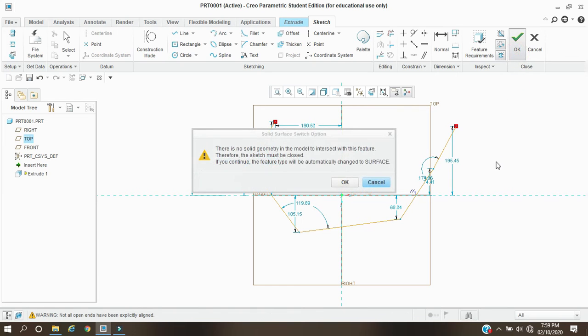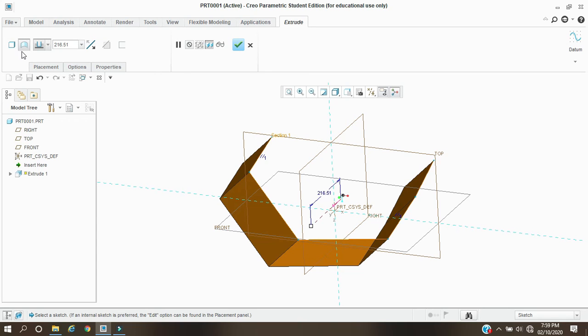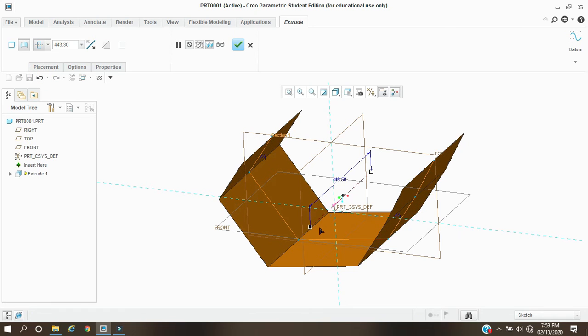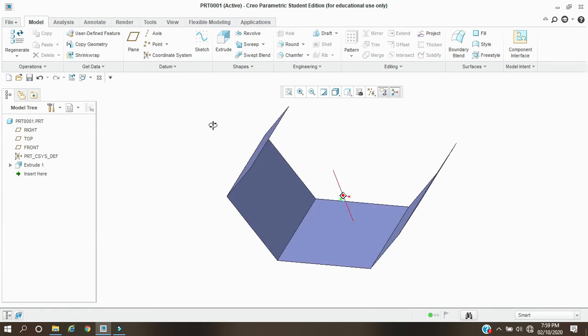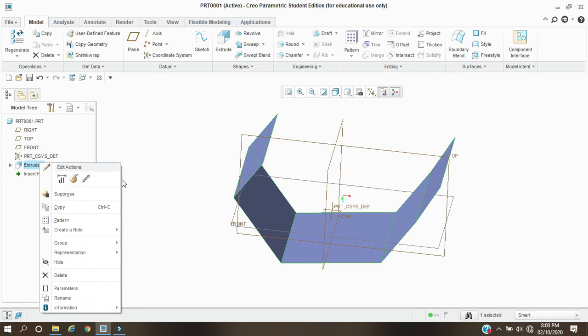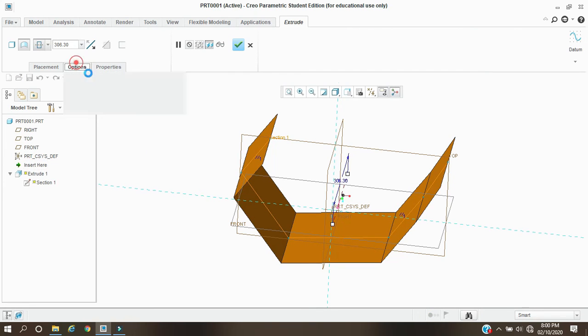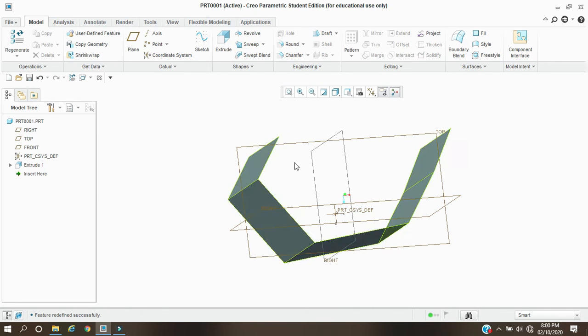I will go with an open sketch, and here it is automatically selected as a surface, and all other features are the same. In surface extrude the taper command is deactivated because this is an open section. If there is a closed section, the command will get activated.